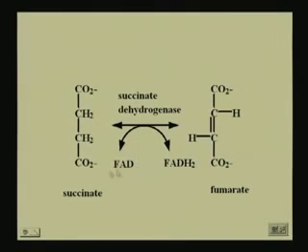This is another one. We have succinate forming fumarate. What is happening here? It is ridding itself of these two hydrogens. The CH2 here and the CH2 here is becoming CH double bond CH. So, two hydrogens have to get lost. Who is taking them up? FAD. Okay. FAD in conjunction with the enzyme is taking up the two hydrogens, forming in the process FADH2